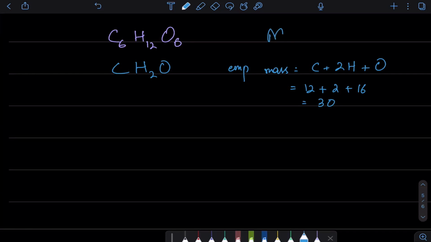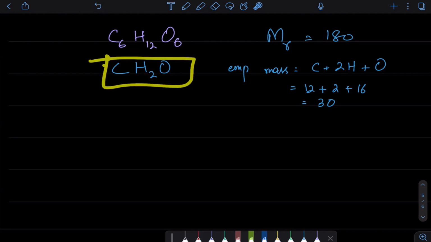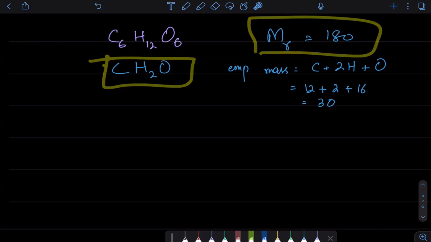And MR of this thing is 180. And there's a relation here. 180 divided by 30 is equal to this divided by this. Because if I divide 180 by 30, I get 6. I multiply 6 by this, I get this. In other words, if you have the empirical formula, you just need the MR and you will figure out the